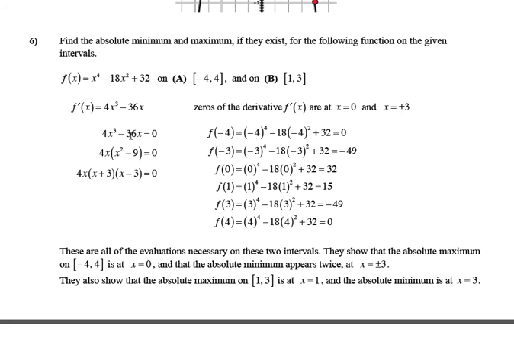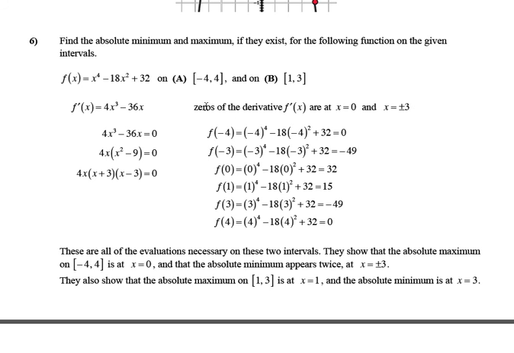There is an x that is common to both of these terms, so be sure to remember to factor out the x, or perhaps an x squared or an x cubed, or whatever is common to those two terms. So I factor out a 4x, and that leaves behind an x squared minus 9. That's the difference of two squares, and that's why this factors like it has. And so our critical numbers are 0, negative 3, and positive 3, and